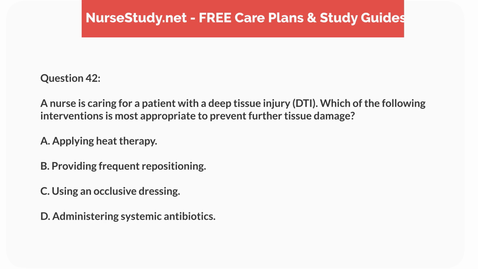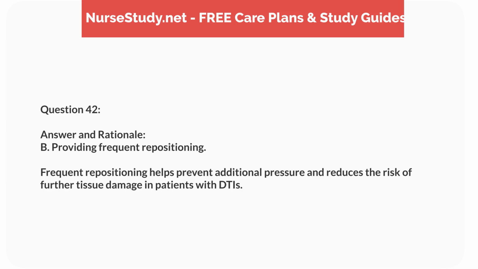A nurse is caring for a patient with a deep tissue injury, DTI. Which of the following interventions is most appropriate to prevent further tissue damage? A. Applying heat therapy. B. Providing frequent repositioning. C. Using an occlusive dressing. D. Administering systemic antibiotics. Answer and rationale. B. Providing frequent repositioning. Frequent repositioning helps prevent additional pressure and reduces the risk of further tissue damage in patients